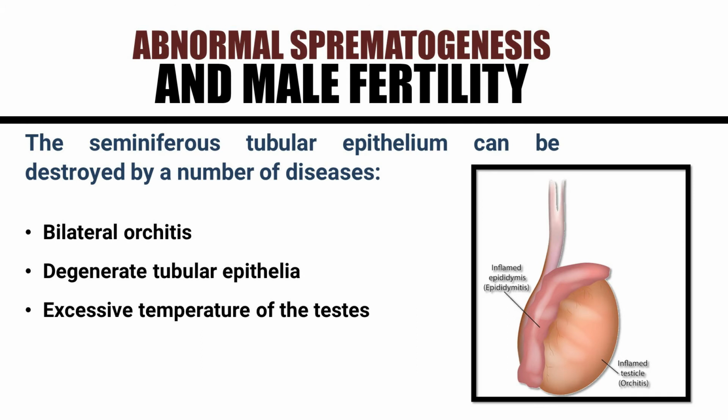Abnormal spermatogenesis and male fertility. The seminiferous tubular epithelium can be destroyed by a number of diseases, like bilateral orchitis, an inflammation of the testes resulting from mumps, which causes sterility in some affected males. Degenerate tubular epithelia: some male infants are born with it as a result of strictures in the genital ducts or other abnormalities. Excessive temperature of the testes